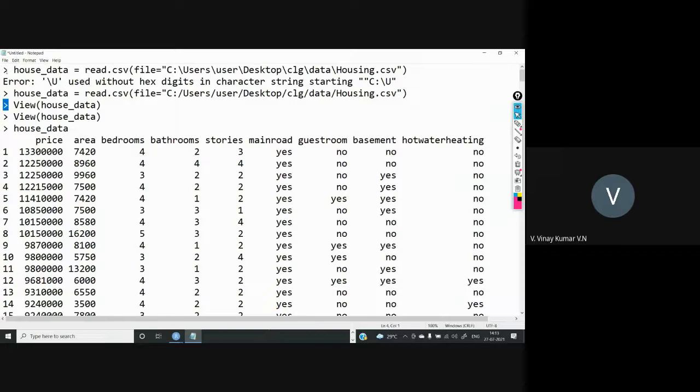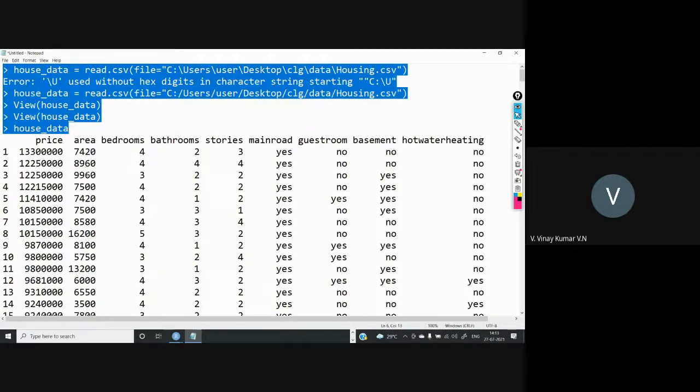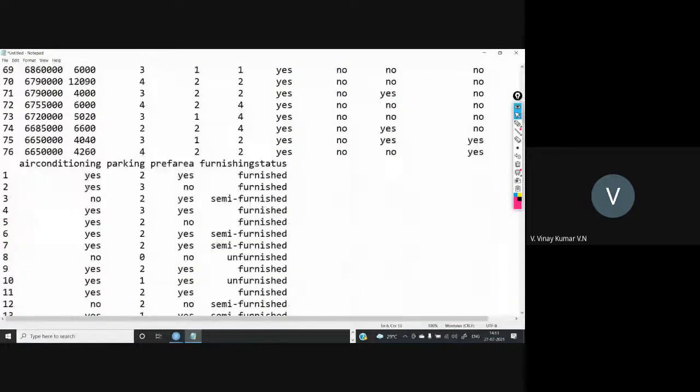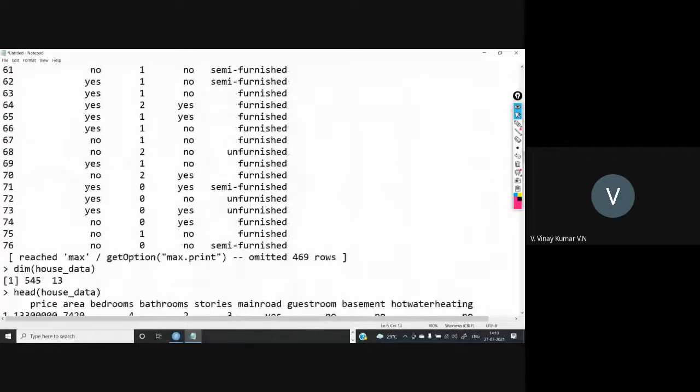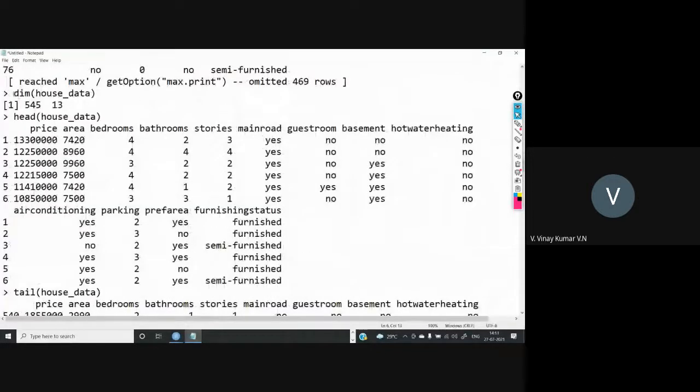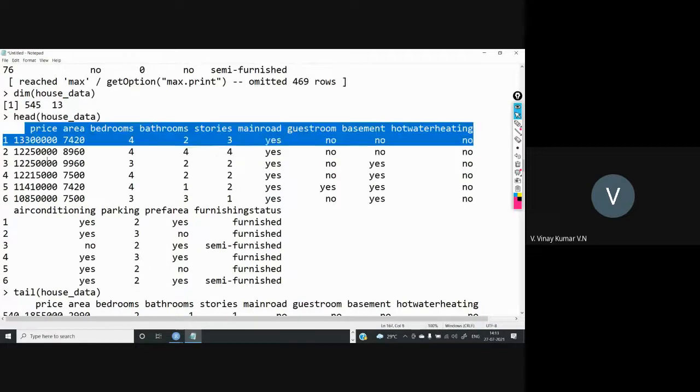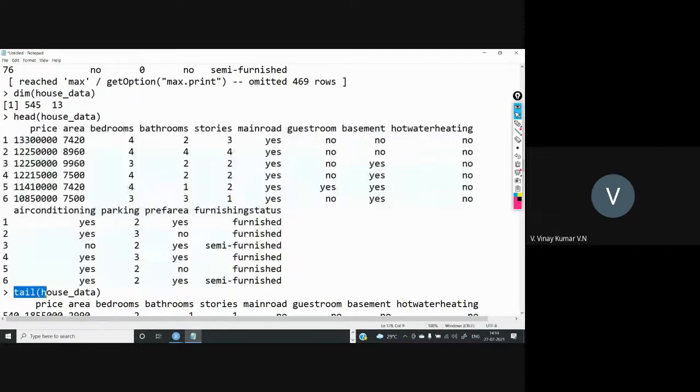So these are the command lines and this will be the output. Where the arrow mark is not available, that is called the output of the above command. Suppose you take this one, dimension of house_data. This is the command I entered, and this is the output I got. Like that, you keep it in mind.